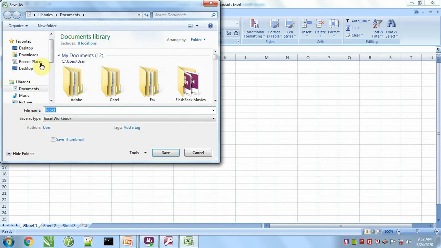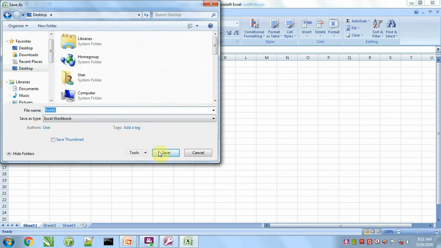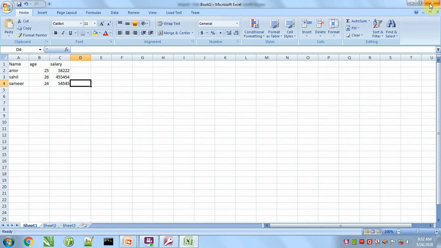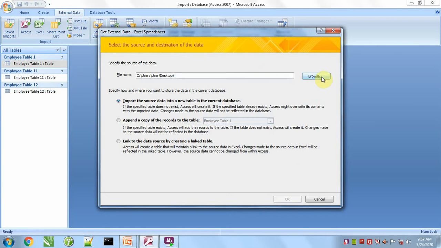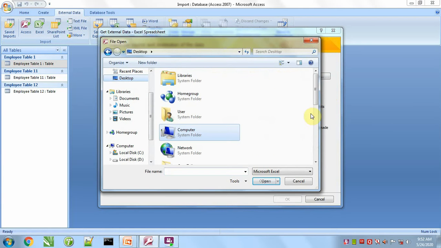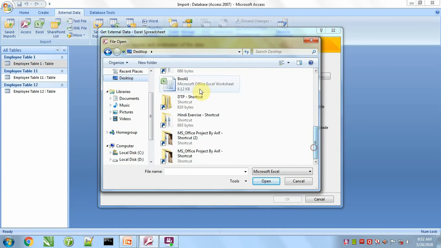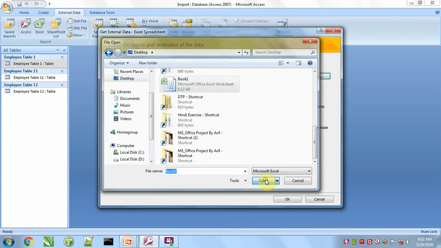Save this file as Book1. Click on the Excel tab, Browse, go to the desktop. Book1 we will select, Open.